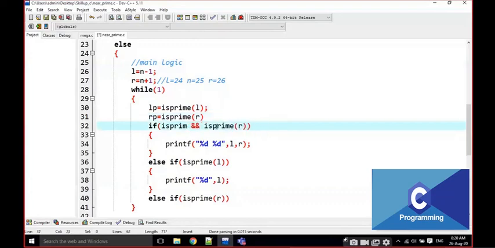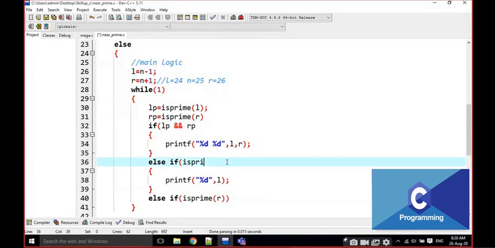Instead of checking again, I am going to check LP and RP here. Instead of this one also, I am going to write LP, and here also this is going to be RP.